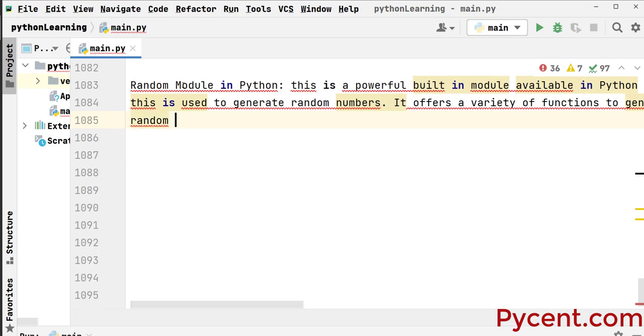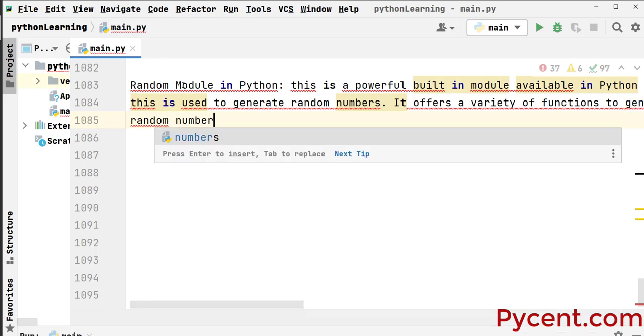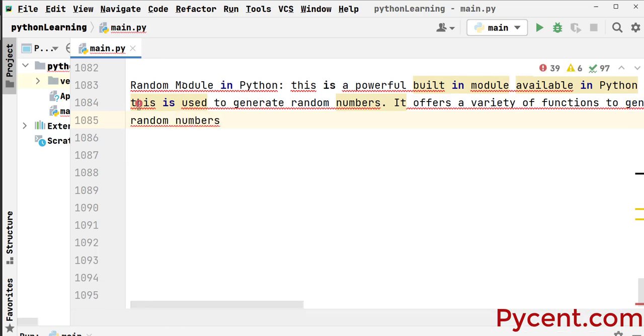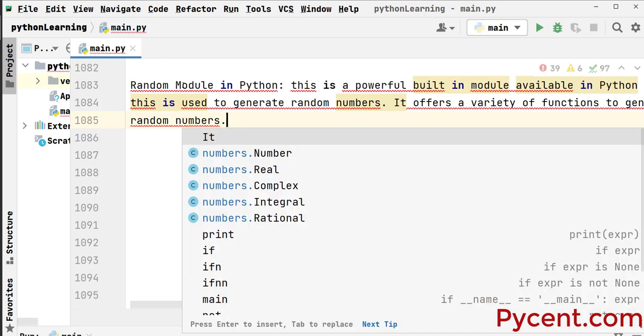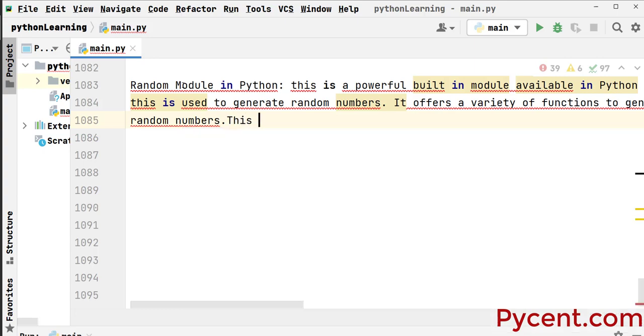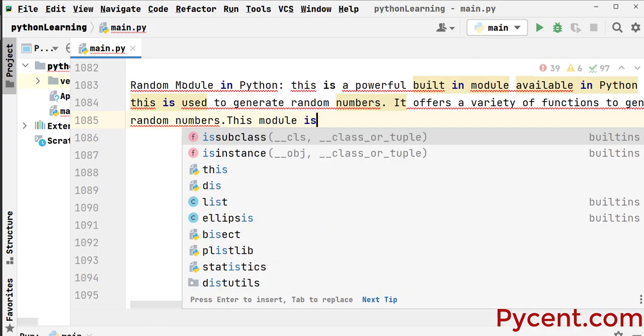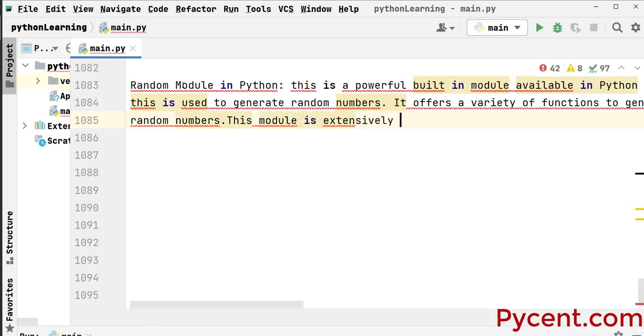Now you might be wondering, why do we need so many functions to generate random numbers? But apparently you have to know that this particular module is extensively used in game development. Let me write that down. This module is extensively used in game development,